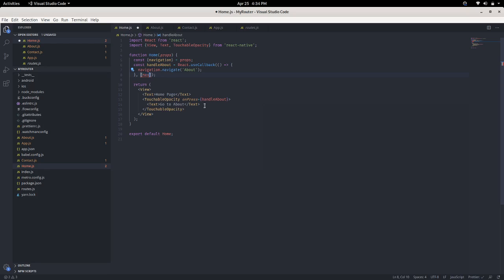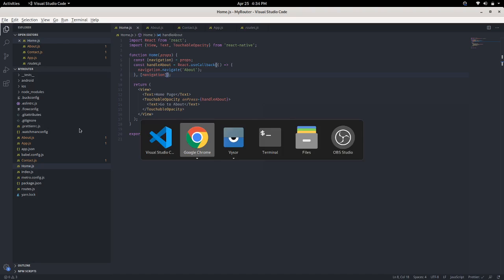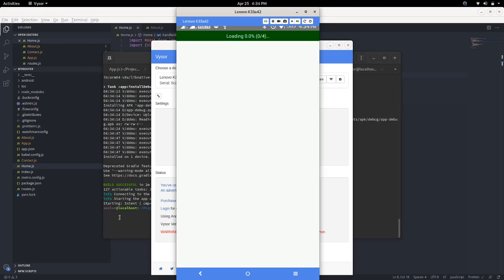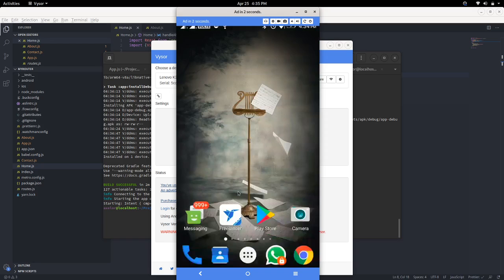Here we need dependencies, so since we are using navigation, we will define the navigation dependency. Let's check how it is. Yes, it is about to connect. Now we can check in our Vysor app. You can see it is running.